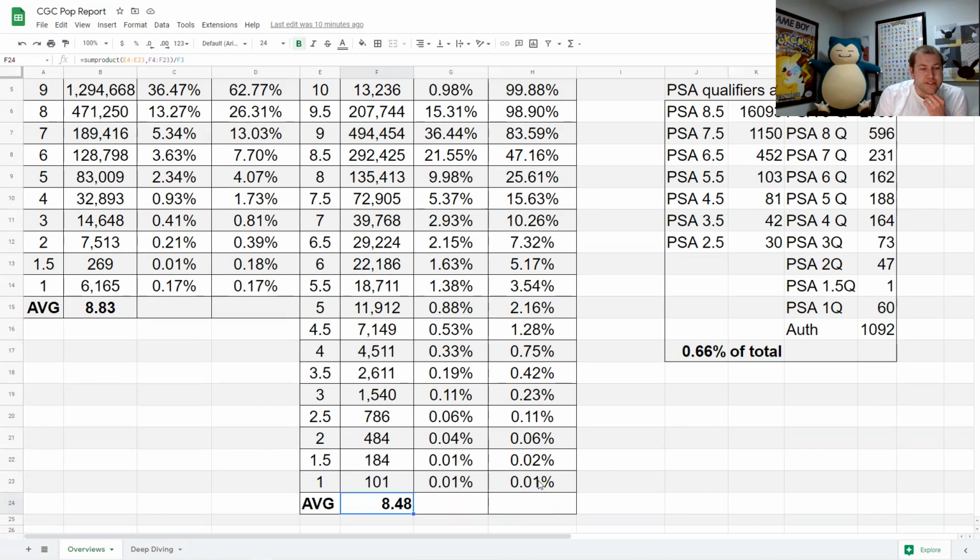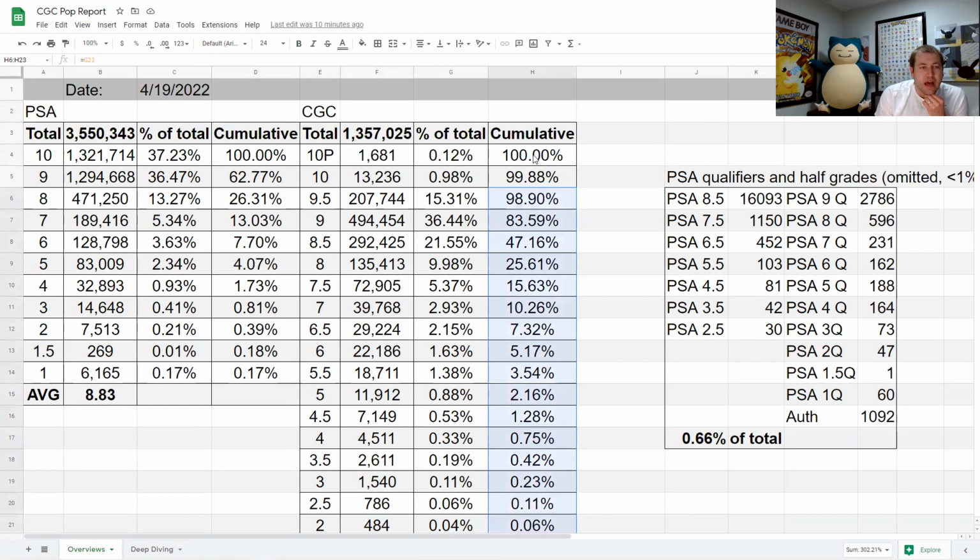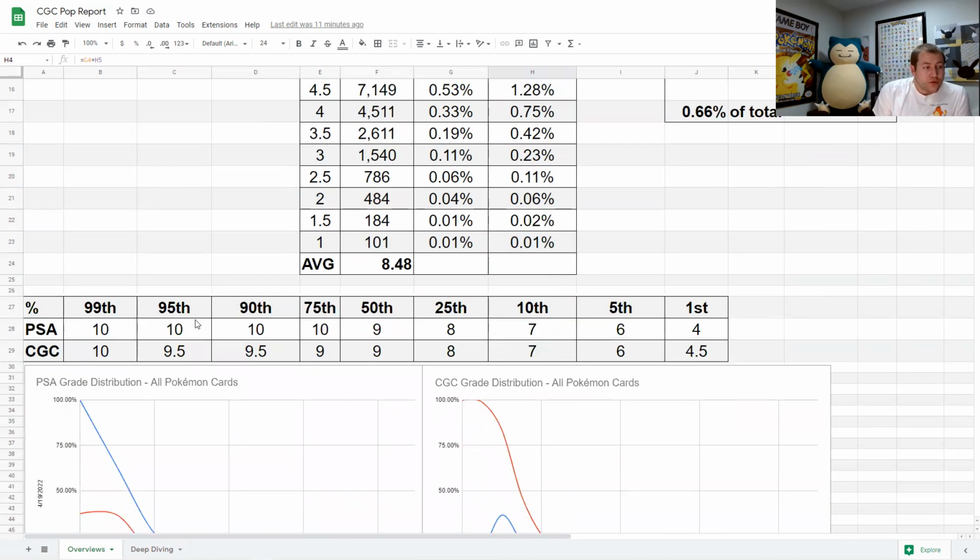You can see again the same cumulative distribution. I actually plot that down as we go further, but there's all the raw data. I wanted to start out with, I guess, the driest portion of it, the raw data. Now we'll get into the pretty charts and talk about what some of it means. So just another way to look at the same data up here